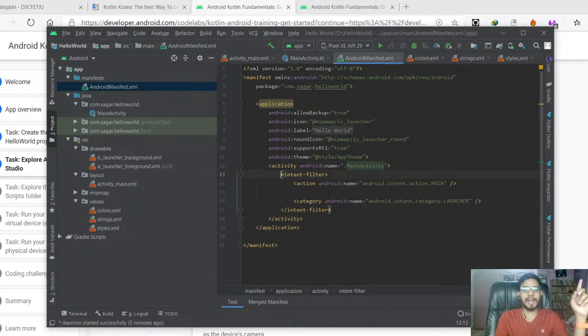And over here we have added intent filters. This is the default format. You just need to copy paste it; you don't need to memorize it fully, but I will explain what it is. This android.intent.action.main represents that this particular activity, main activity, is the main activity which will be launched when we